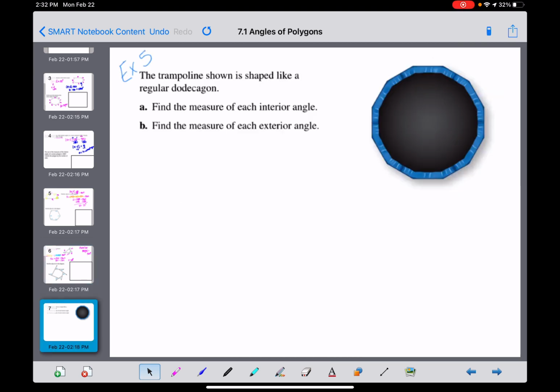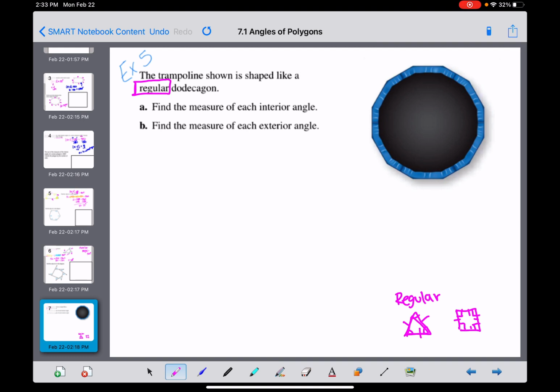The last thing we're going to talk about is a regular figure. So regular means that every single side and every single angle is going to be exactly the same. And we've worked with these specific types of regular figures. We just haven't called them regular. We've worked with equilateral triangles. That is a regular triangle because every single side is the same and every single angle is 60 degrees. A quadrilateral that is regular is a square because every single angle is the same and every single side is